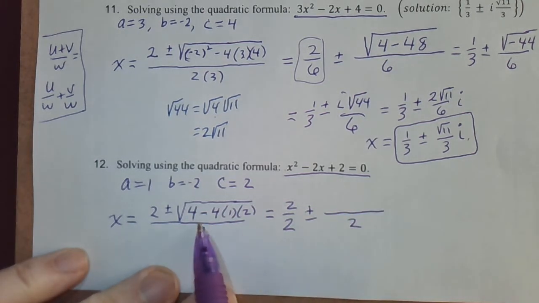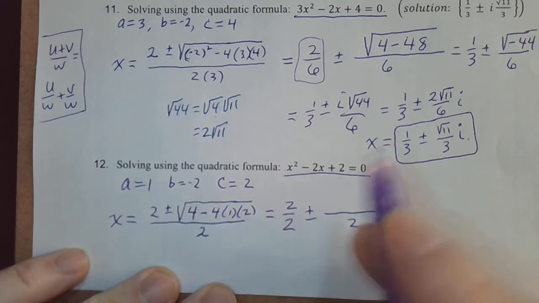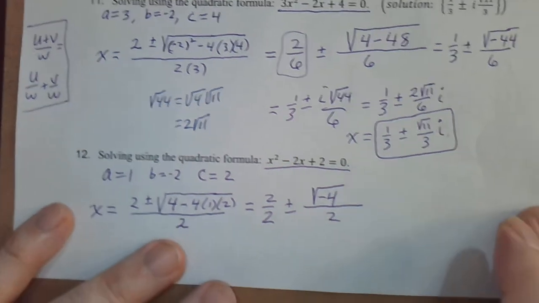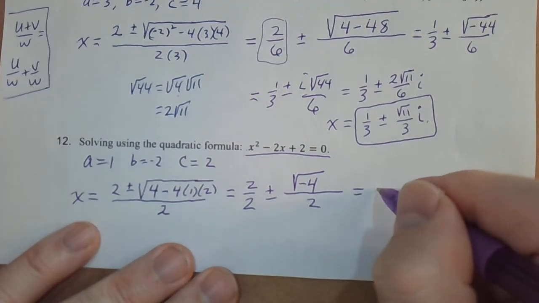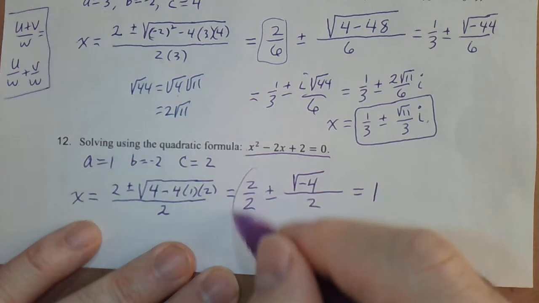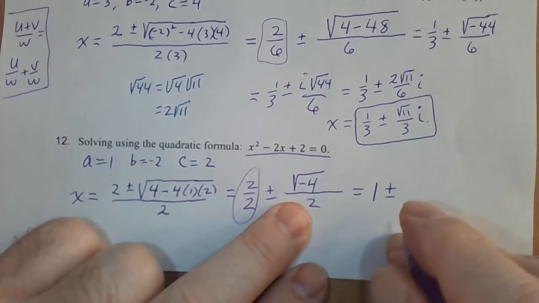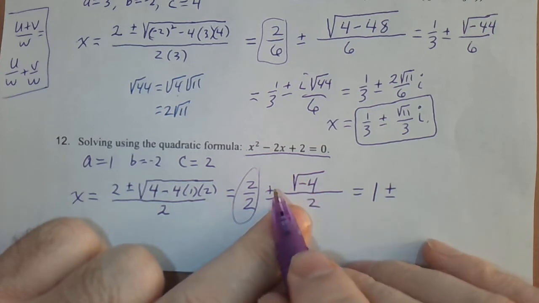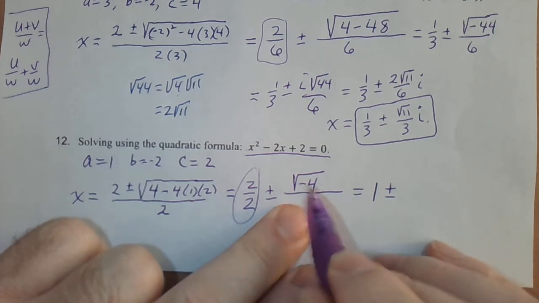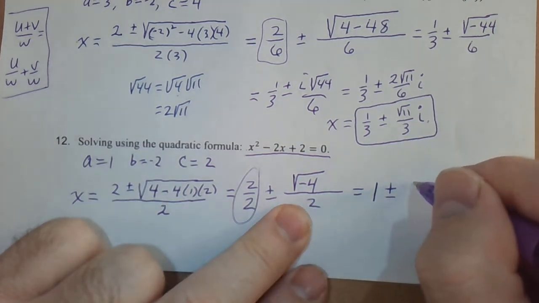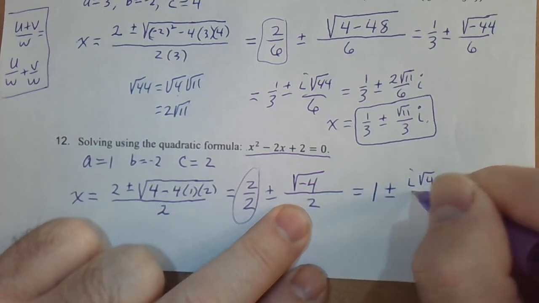And let's see, what is underneath that radical? 4 minus 4 times 1 times 2 is 8. 4 minus 8 is negative 4. So simplifying gives us 1. 2 over 2 is 1. Plus or minus, and let's see, if I pull out the negative, I put an i out front, and radical 4 is just the number 2. So let me do that in 2 steps. i radical 4 over 2,